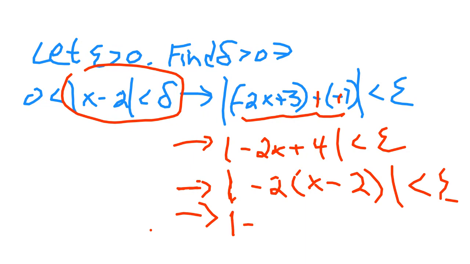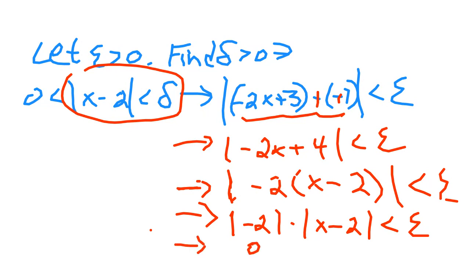So that's the absolute value of minus 2 times the absolute value of x minus 2 is less than epsilon. Well, we know that the absolute value of minus 2 is just 2, right? So that implies 2 times the absolute value